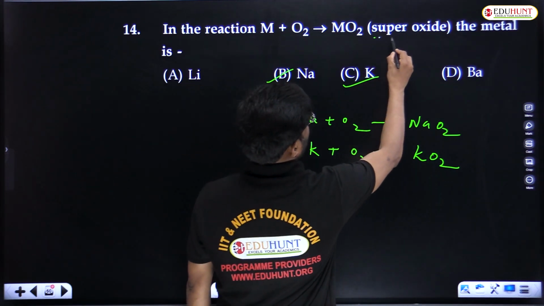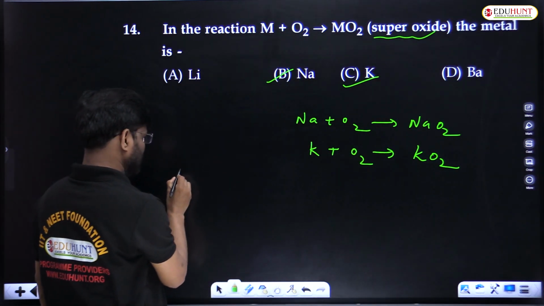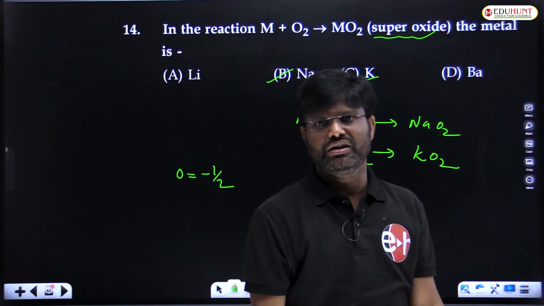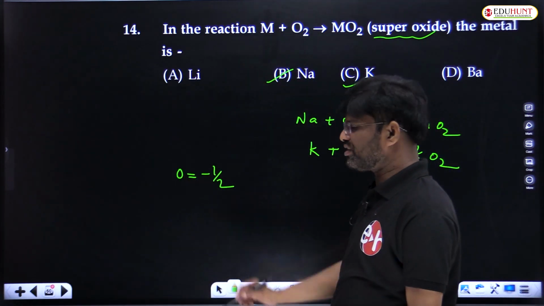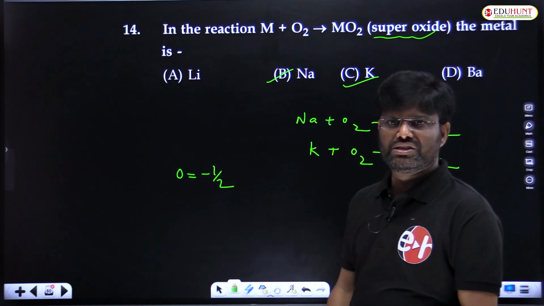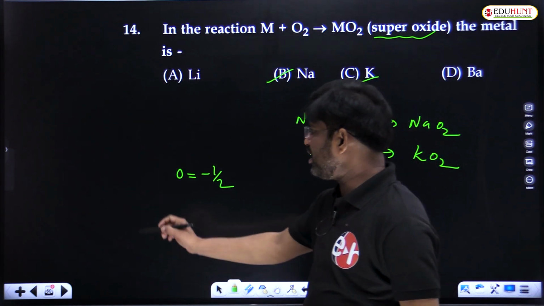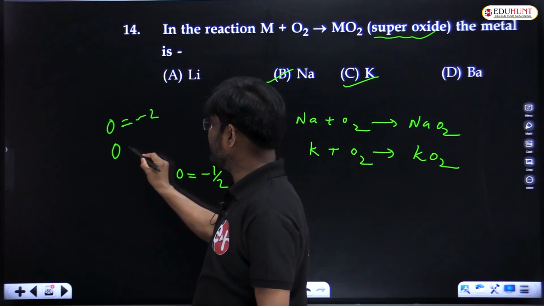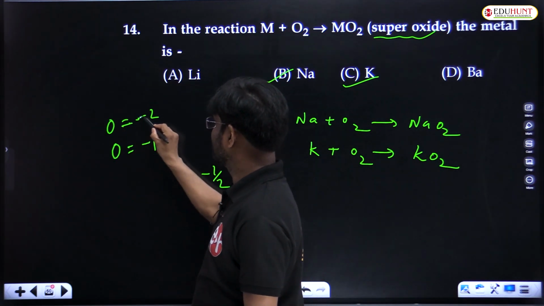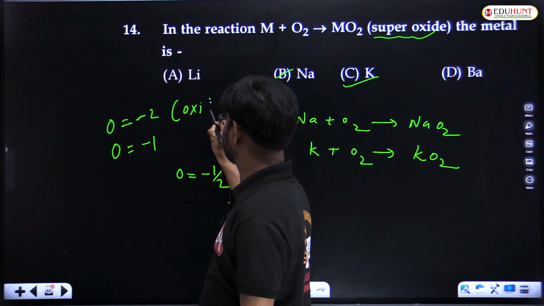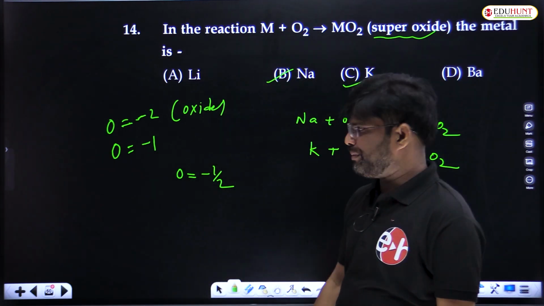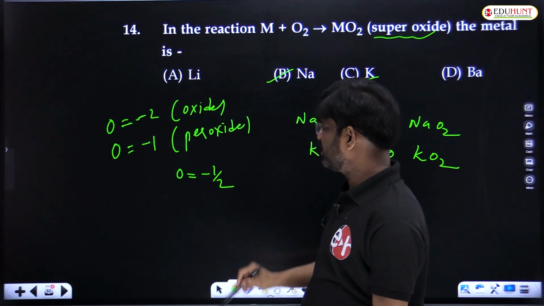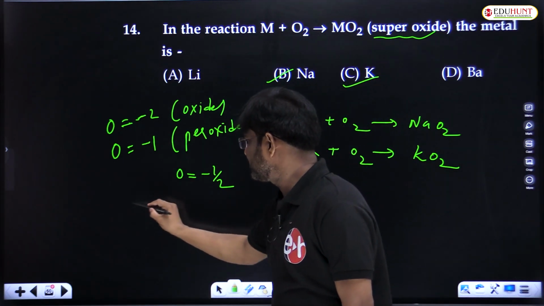See, what is superoxide? In superoxide, the oxidation number of oxygen is -1/2. That is called as superoxide. Normal oxide is 1 oxygen charge is -2. Peroxide is 1 oxygen charge is -1. This is oxide. Peroxide is -1. Superoxide is